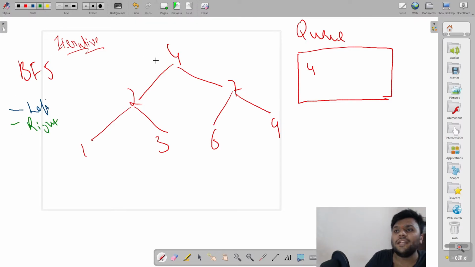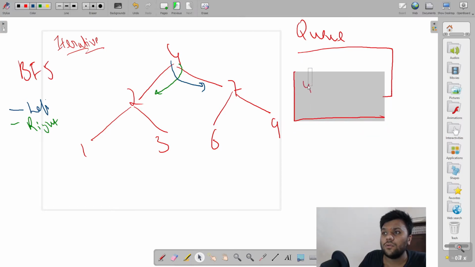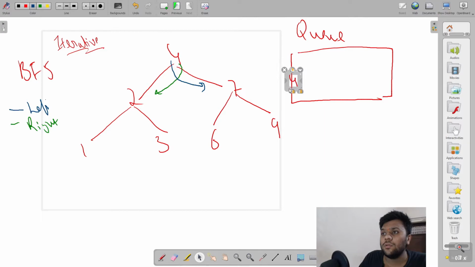So its right will start pointing to the left, and its left will start pointing to the right. Now what is going on over here? I have my 4, so I will take my 4 out of the queue, my mistake.